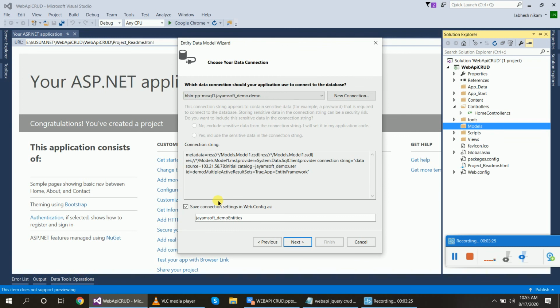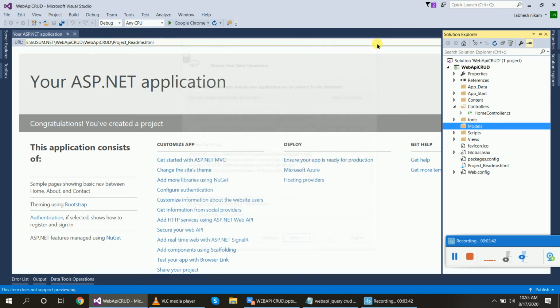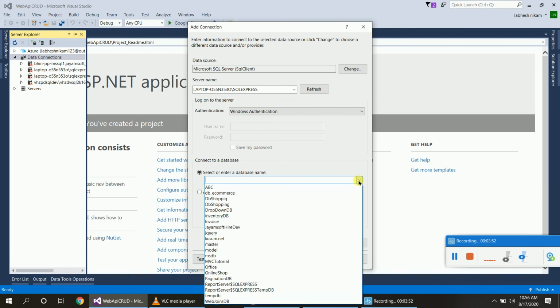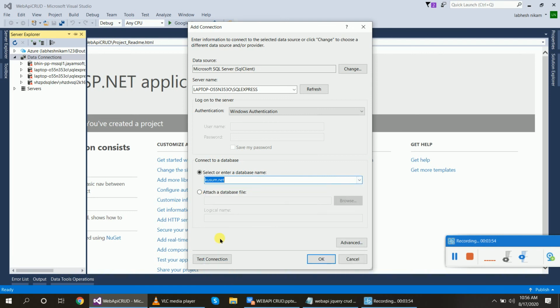We will select that one, and in my database, which one? Kusum.net. Here there is no Kusum.net. Okay, let's first check whether the database is available or not. I have selected my database here, Kusum.net, and tested the connection.